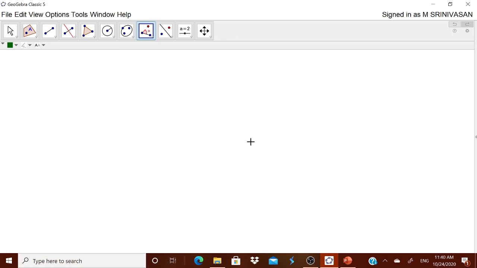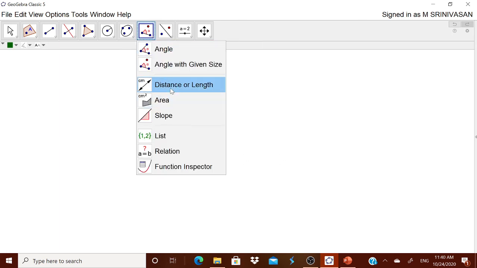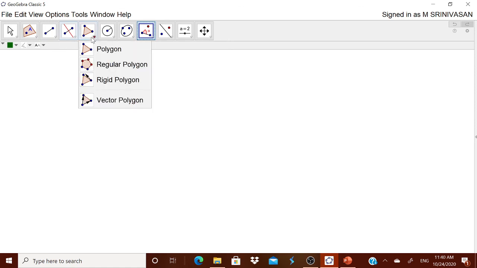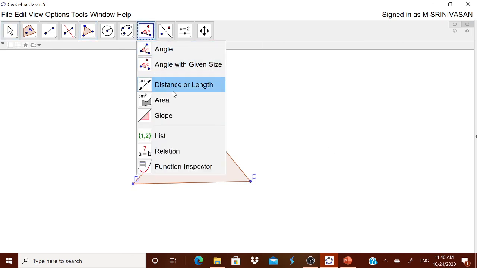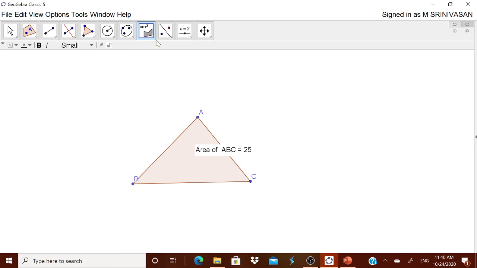Okay, well, now in this option you are having more options like distance, area and slope. For example, I am taking a polygon. A polygon, all of you know that it is a triangle I take, which is the simple polygon. By making use of this area, click it. Area you got. Now you click this distance, you just click it, perimeter you got.